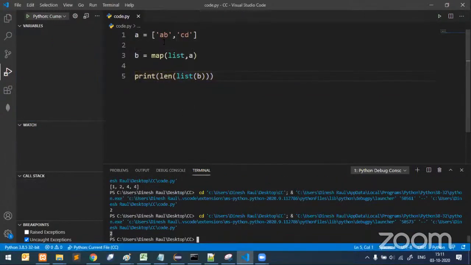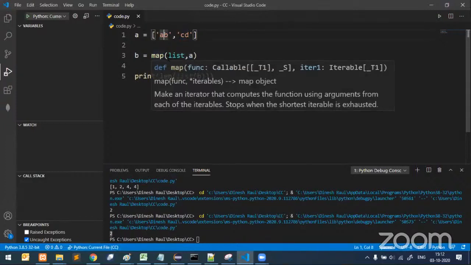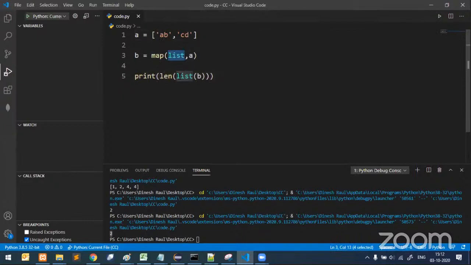Yes, it is 2. So what happened? This mapping gives you these items, right? That is nothing but 2 and 2. Then afterwards list of B is what happened. And at the list of B we got,